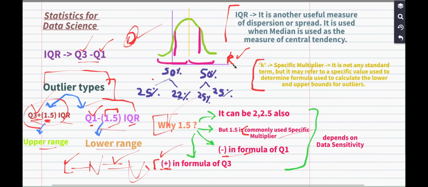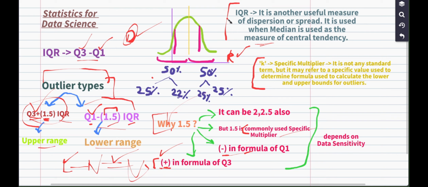It is used when the median is used as the measure of central tendency. This is very important, right? We don't just use the mean and the mode. The measure of central tendency that is used here in calculating the IQR, in calculating the dispersion or spread, is the median, right? Median is one of the most important central tendency in the form of IQR, where we are using this